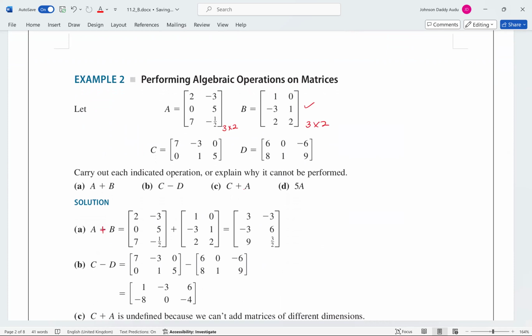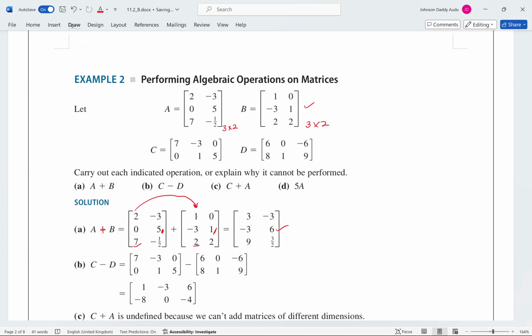Just add the corresponding elements. You add 2 and 1, so 2 plus 1 will give us 3. Minus 3 plus 0 will give us minus 3. 0 plus minus 3 will give us minus 3. 5 and 1 will give us 6. Then 7 and 2